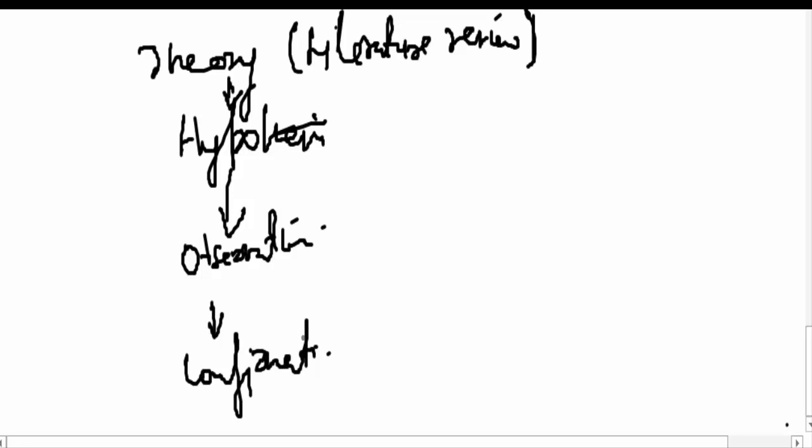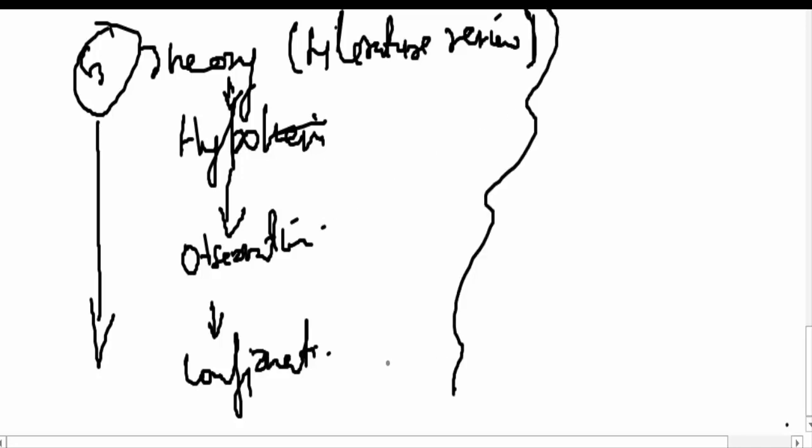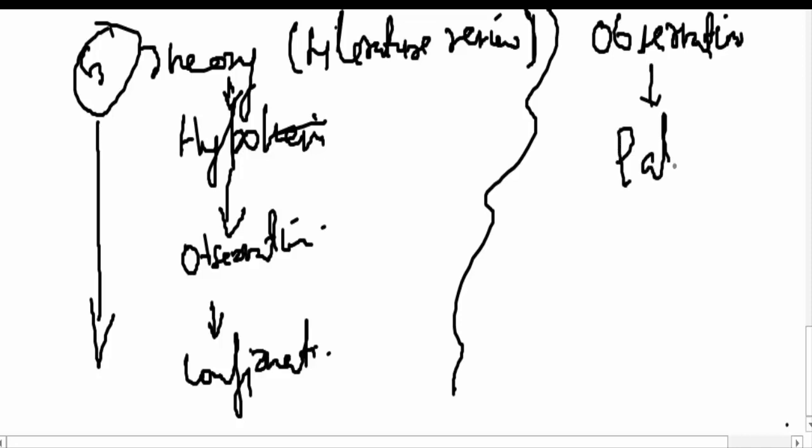But in the case of the inductive approach, versus the deductive approach, which goes from general to specific, you have a general theory here, and then you go to the more specific thing. In the inductive approach, because you don't know what is there, you have to observe first. So you do your observations to find the theory, because you don't know. From the observations you will collect the patterns, and from the patterns you basically have your hypothesis.